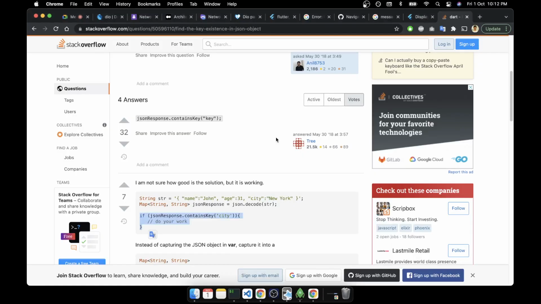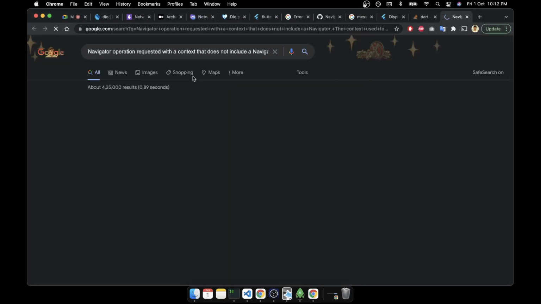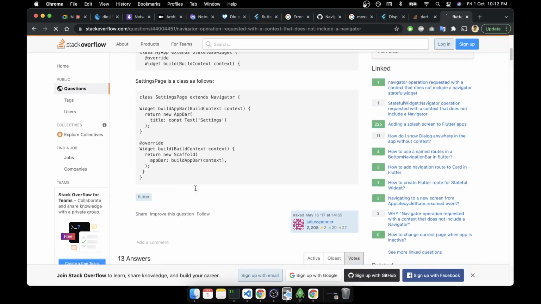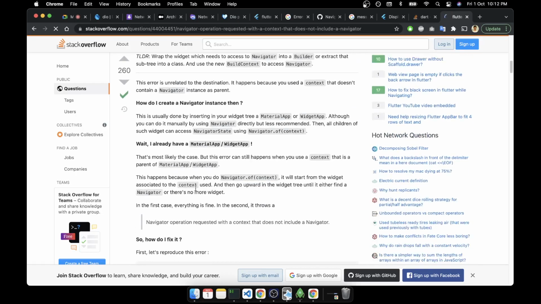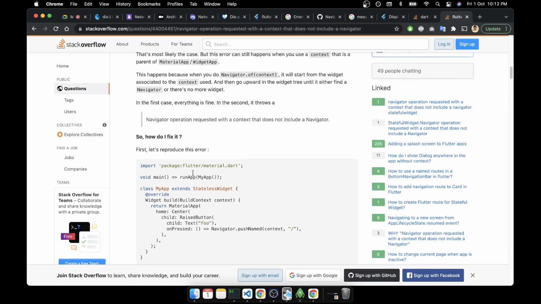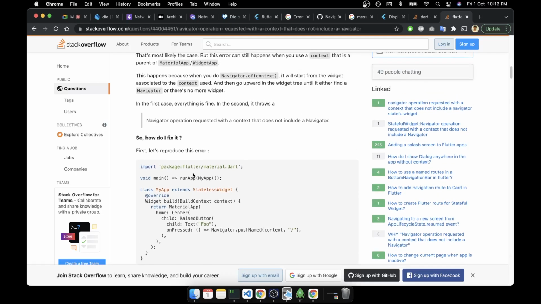We can just check once what they are trying to say. How do I fix it? Okay, so Navigator.of(context). This happens because when you do Navigator.of(context), it will start with the context you pass and then go upward through the widgets until it finds the navigator.